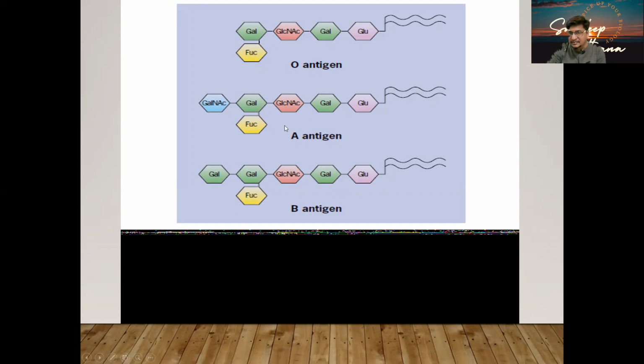So the person with blood group A will have this, and the person with blood group O will have this, and the person with blood group B, you can see the N-acetyl galactosamine is going to be replaced by the galactose. So there'll be a difference in the enzymes which are required. In blood group AB, both kinds of antigens can be present because both the enzymes, galactose transferase and galactose N-acetyl glucosamine transferase, will be present. Both the enzymes will be lacking over here.